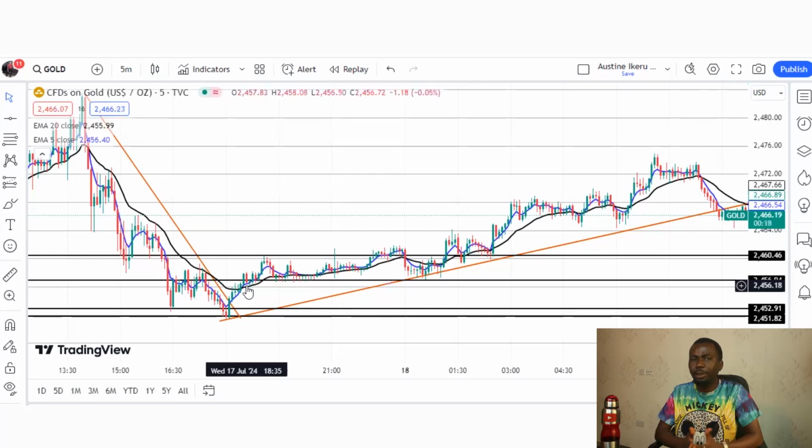So this is trying to tell you that it's not a bed of roses, right? You will definitely lose. As a scalper, you will definitely lose. That is for sure. So have that at the back of your mind. That is why your stop loss is very important, right? So the most important thing is make sure you have a stop loss in place to help minimize your losses.